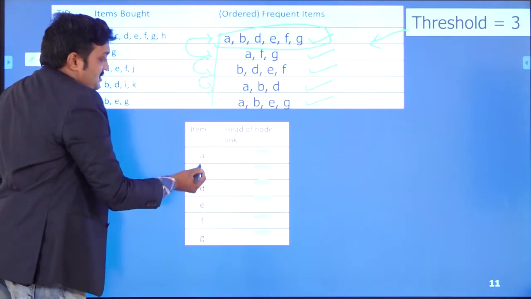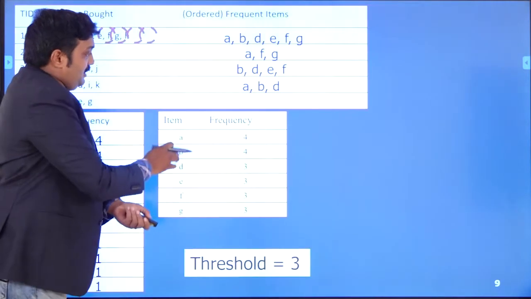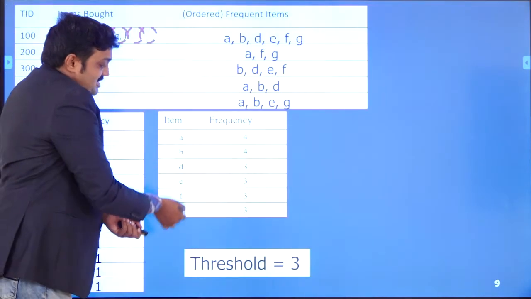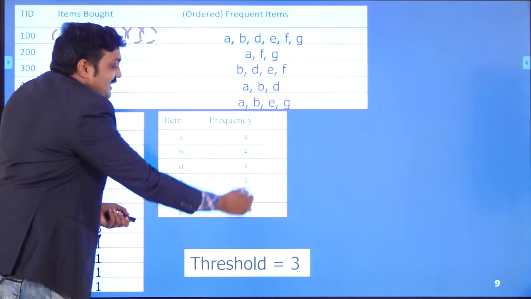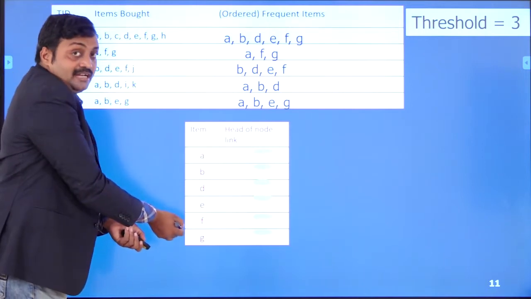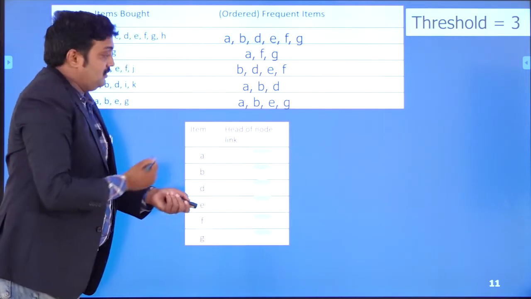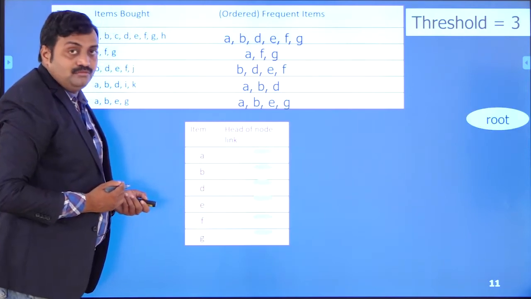So the frequent items, as we know from step 1, are these. Only these items I am taking as frequent. Now I am taking the node linking. First I am taking a root, because a tree always has a root.